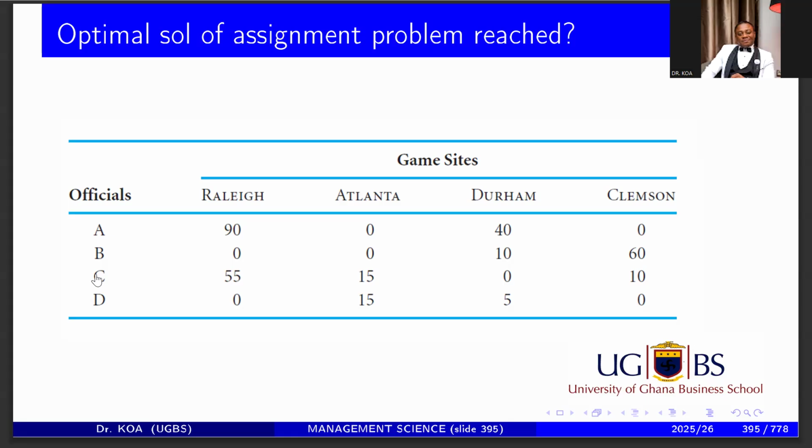Hold on. Then team C, where would it go? The lowest would be what? That one is obvious. Clemson, 10. Good. Then now it's between team B and that. Each of them would have to go to Durham. D goes to Durham, 5. Yes. And B goes to